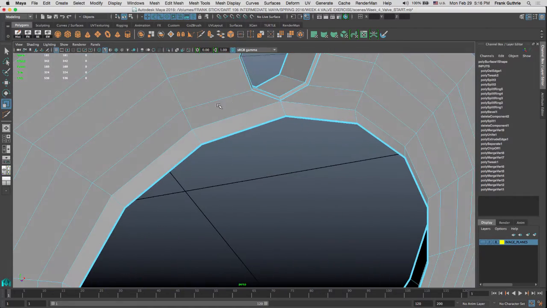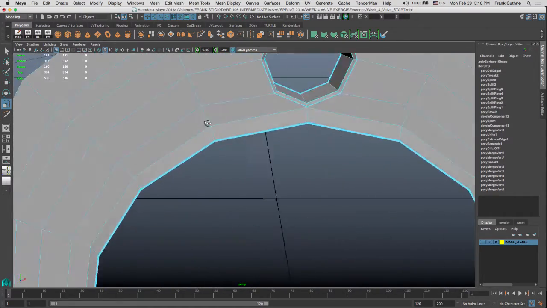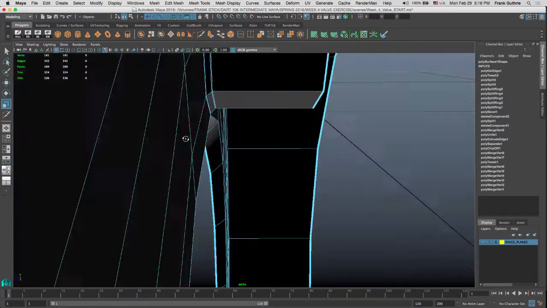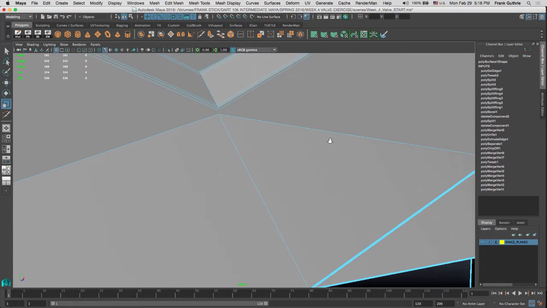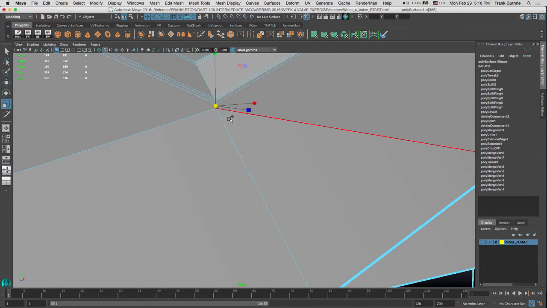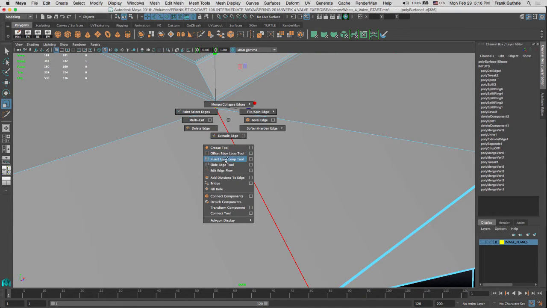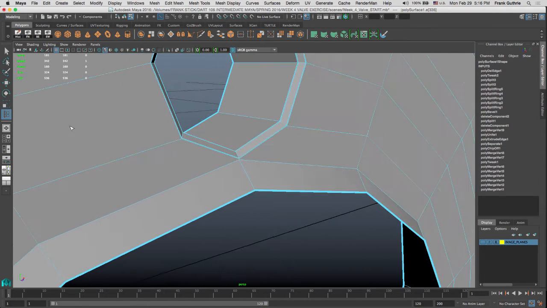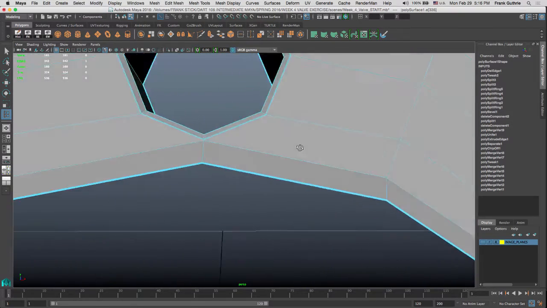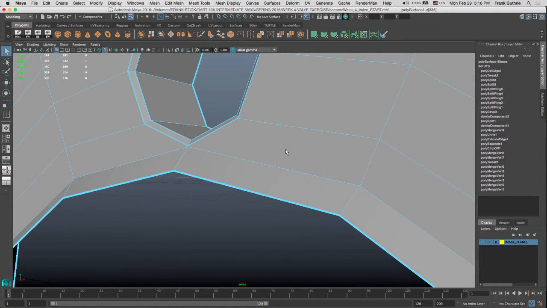So what I want to do is I want to extrude an edge that goes all the way around here. I'm going to give it a try. I'm going to select this edge right here, and I'm going to go to shift right mouse button, insert edge loop tool, and notice that Maya is confused. Maya doesn't know what to do. So that's not going to work. I'm going to hit Q,